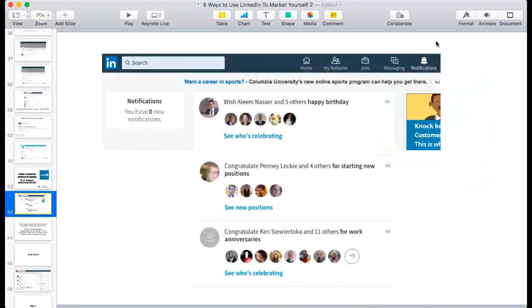So when you go into notifications on a daily basis, it's going to tell you if anyone has a birthday, starting a new position, or they have a work anniversary. So you want to send somebody a happy birthday. Here's a trick that I do. I actually go onto my mobile phone, go into notifications and use it there. And then what happens is when you click on this, it says, see who's celebrating. And I don't show you on a mobile, but just trust me on this one. People's names come up, right?